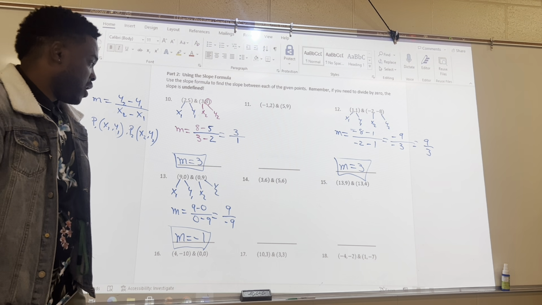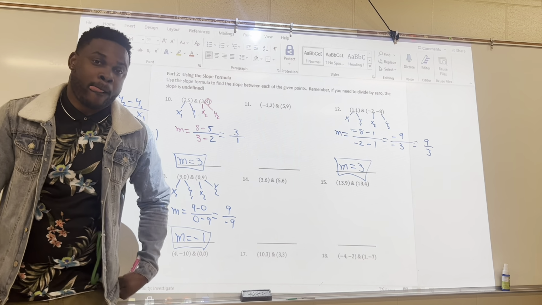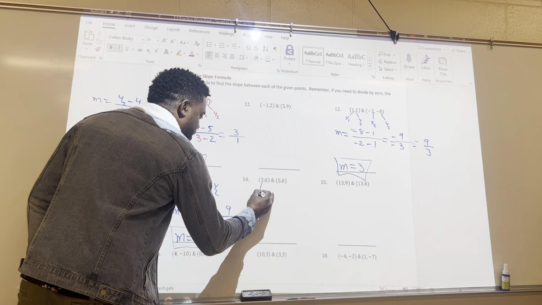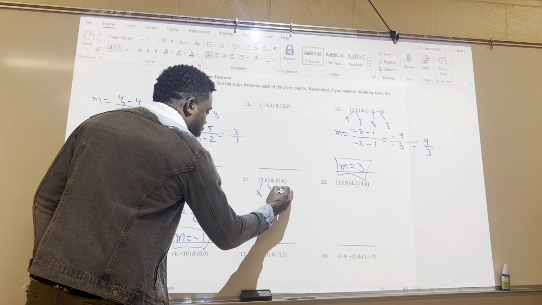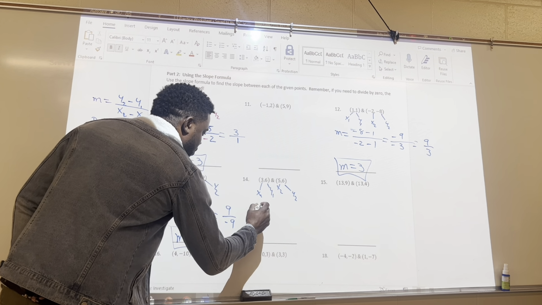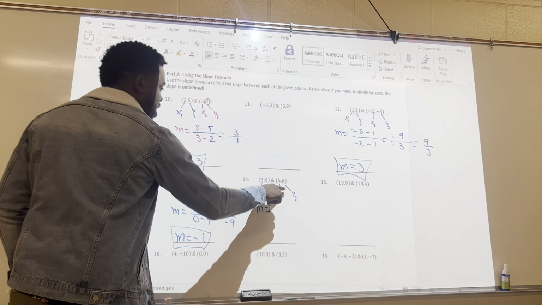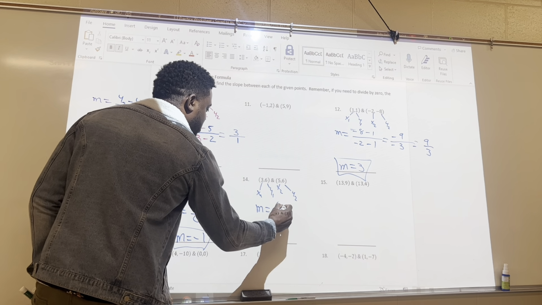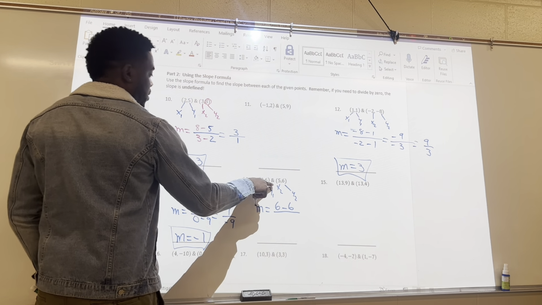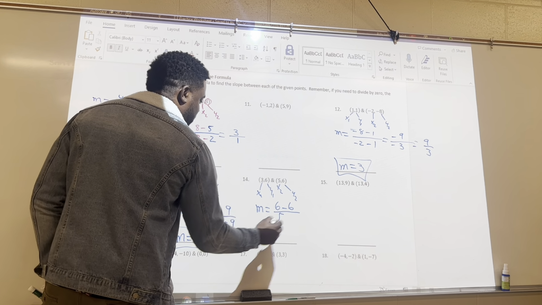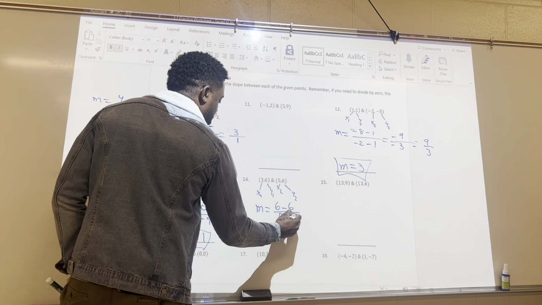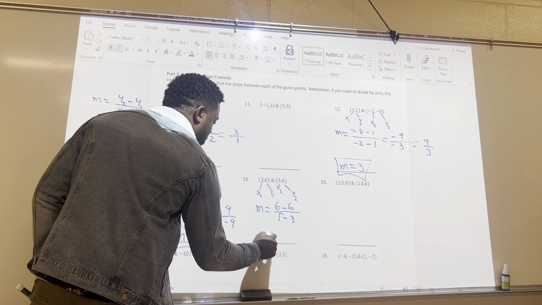Okay, so I want you to try number 14 now. All right, so let's try number 14 together. It's going to be x1, this is my y1, this is my x2, and this is my y2. So now, to apply the slope property, we have my y2, which is 6, minus my y1, which is 6, and then I have my x2, which is 5, minus my x1, which is 3. Therefore, my slope is